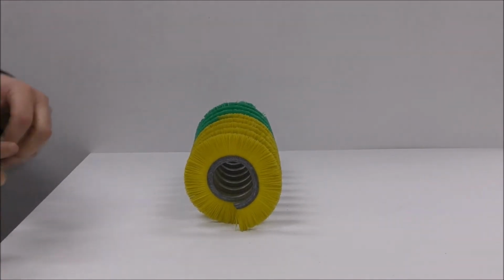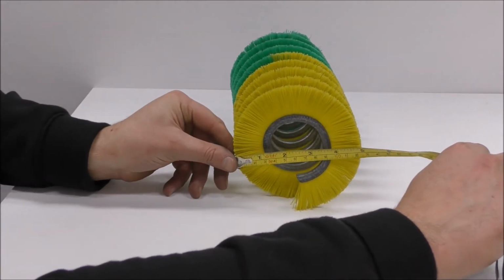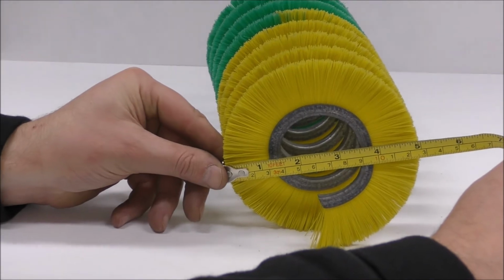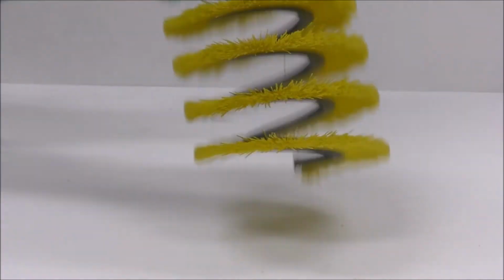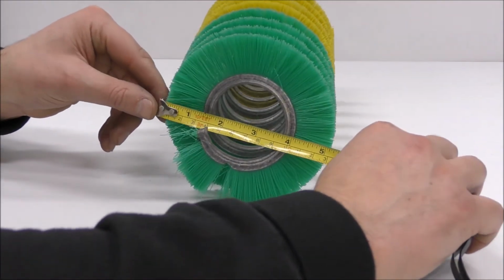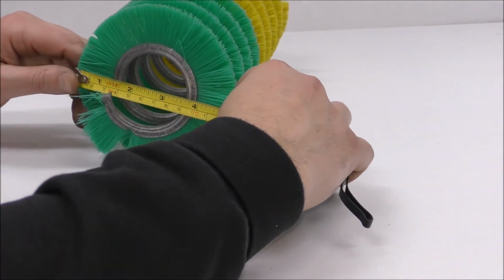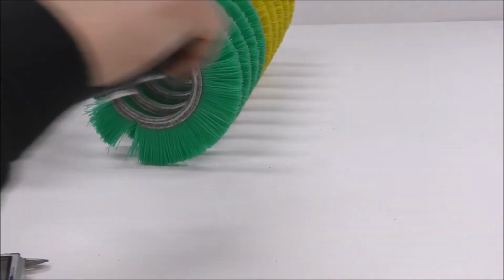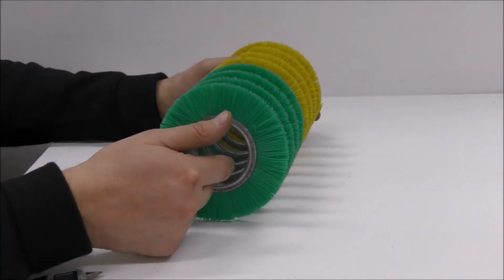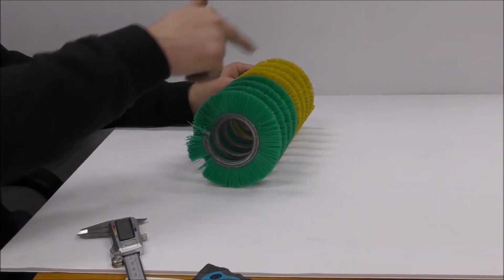The last thing we'll do is check the outside diameter of the brush, which is 125 millimeters. I'm going to check that against this side as well, just in case. And if the same measurements are taken, I can feel confident that that's it. So yeah, 125 millimeters. Starting from the outside in, you've got an 8mm loose coil strip wound at 30mm